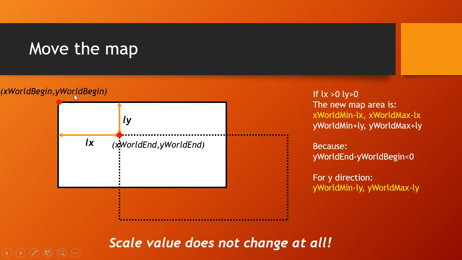So the value begin means I begin my moving. I click the left button of the mouse here, and I move the mouse here. So I call this end. It means I release the left button of my mouse. So the Lx is the x world end value